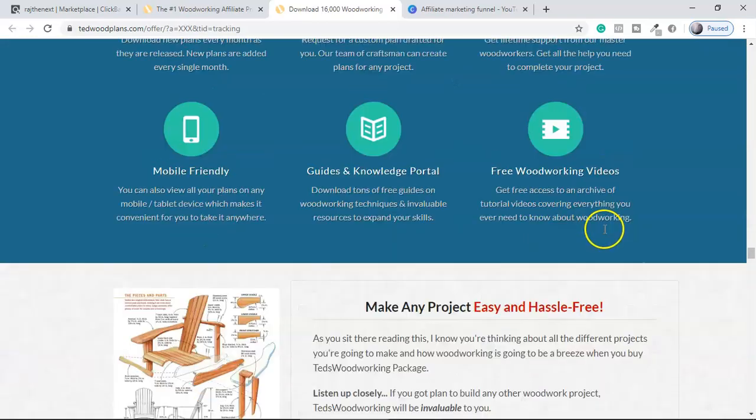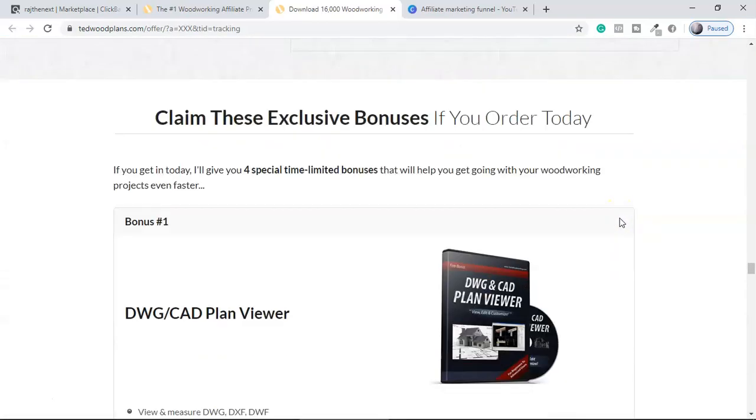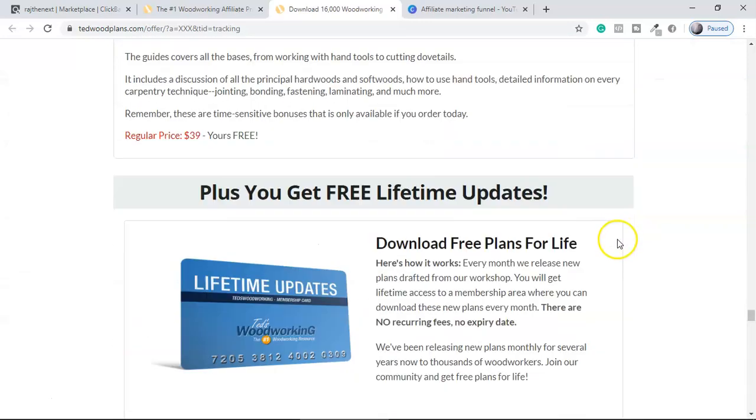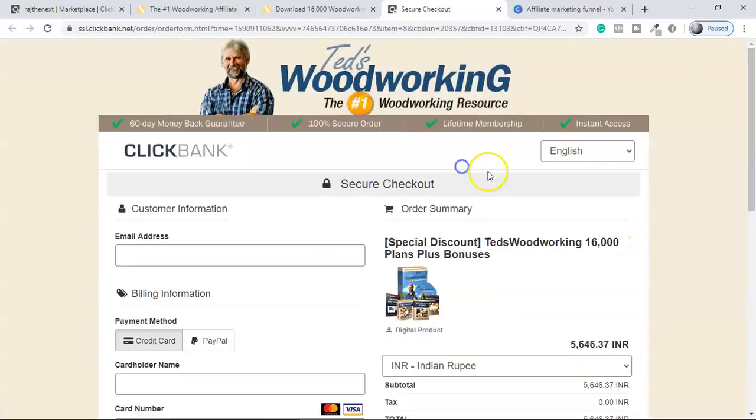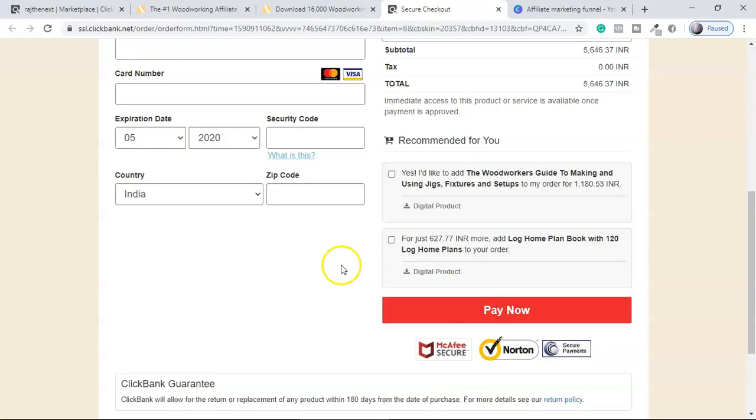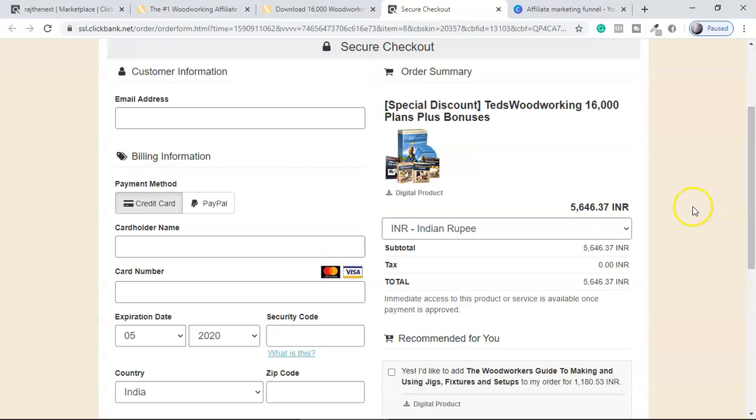So you can spend some time on the sales page so that you can get some content for your landing page, as well as, guys, I will also recommend you to get into their add to cart, this one, checkout page. It's very important, guys, that you spend some time to see whether the checkout page is easy or not.